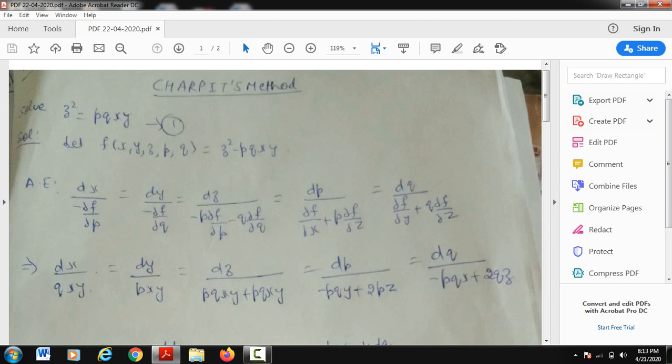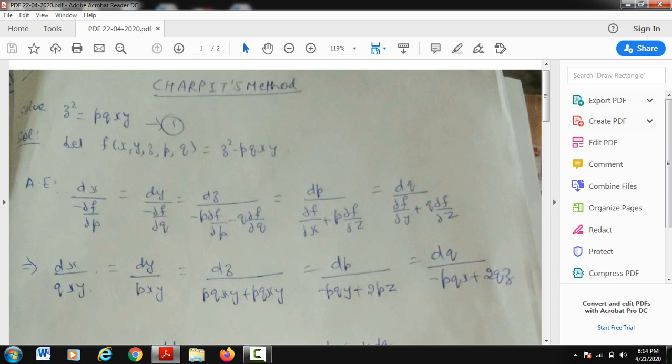So when you are partially differentiating with respect to p, you will keep y, x and q constant. So it will be minus qxy. Derivative of p is 1, z square is 0, so it is minus qxy, and this minus will get multiplied by this minus, minus minus plus, so I'll get qxy. The other vector is curly f over curly q, which means minus pxy. So minus minus plus, so it will be plus pxy.